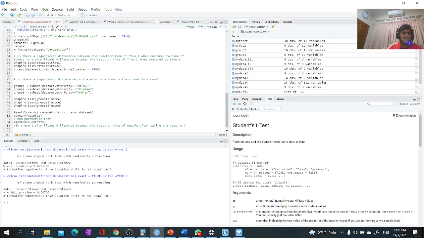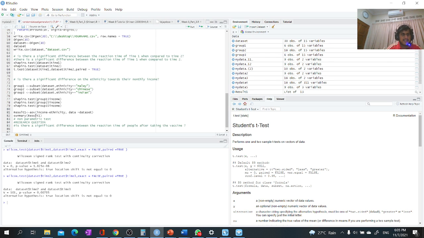For a non-parametric test, we will assume that the data is not normally distributed. So we don't have to do a Shapiro's test for this. A Shapiro's test is used to see whether data is normally distributed or not. Since for this part of the assignment the data is not normally distributed, we don't have to do the Shapiro's test, so we can straight away do the Wilcoxon's test,